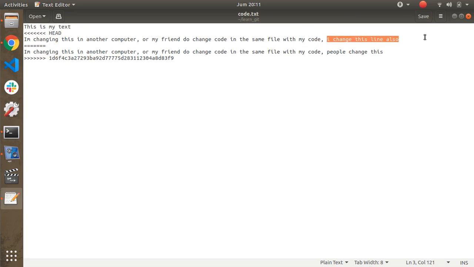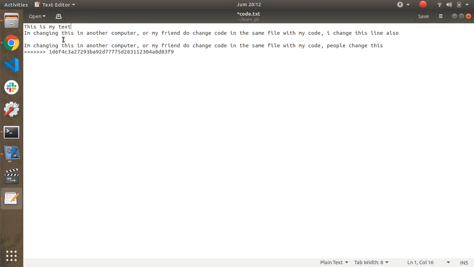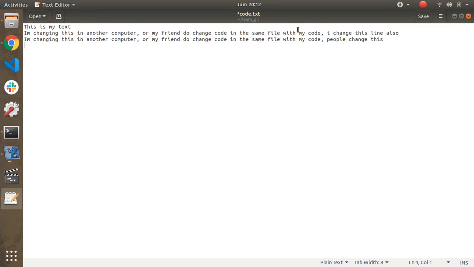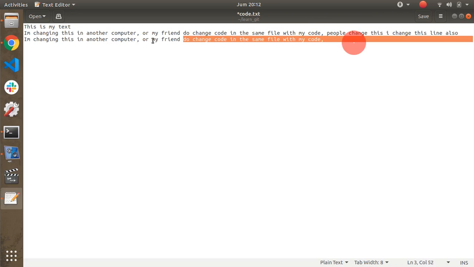Because we change this line and the other people change this line, the same line but different code, this will make a conflict in our code. The same file and the same line, and we can choose one, whichever is the latest, or we can combine them. Like this.